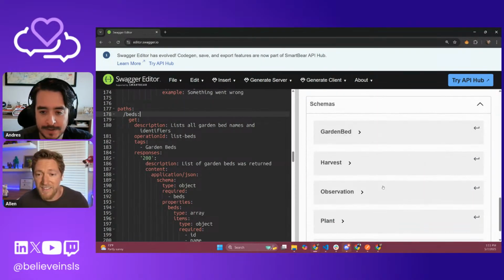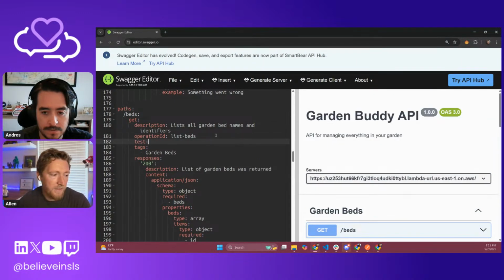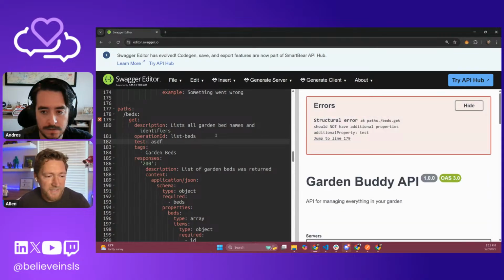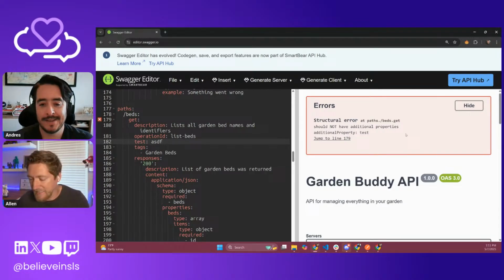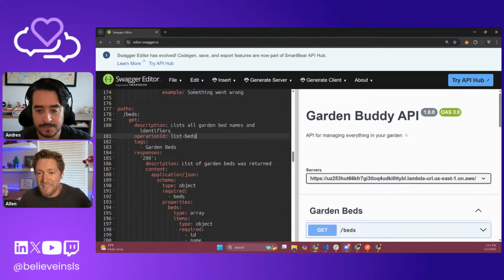It does give you errors, it does lint, but it usually says something like, if I just add test, it says you can't have these additional properties. Or if I have something that is correct, but I don't have any fields inside of it, it says I expect this to be an object, but it doesn't tell me what's supposed to be in it.